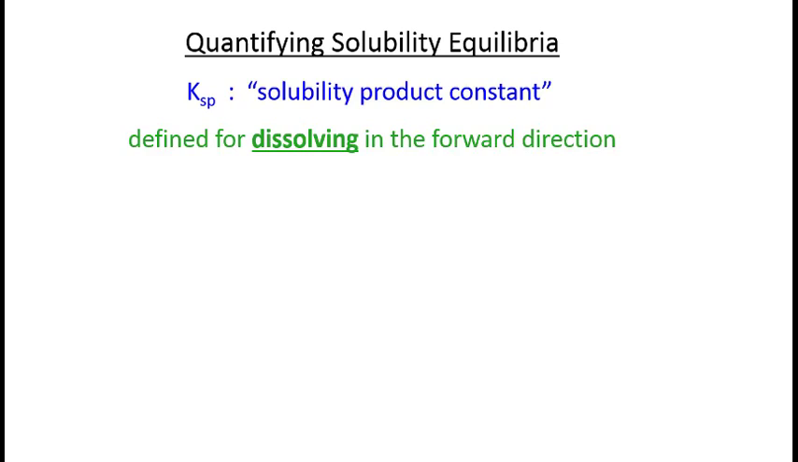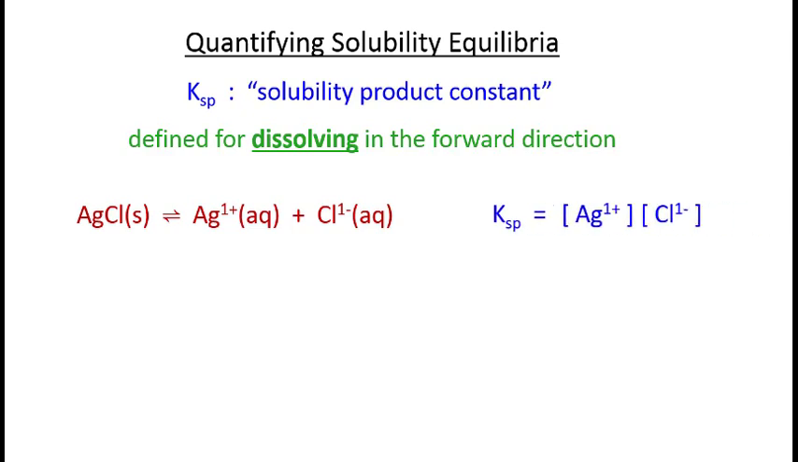So if we wanted to write an expression for Ksp for silver chloride, the appropriate balanced equation would be AgCl as a solid going to form Ag+ ions and Cl- ions as products. Writing an expression for this equilibrium constant, we would have Ksp equals the concentration of silver ions times the concentration of chloride ions. Remember that liquids and solids do not appear in expressions for equilibrium constants, so